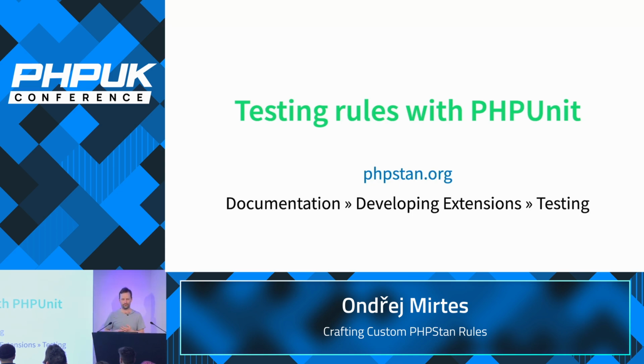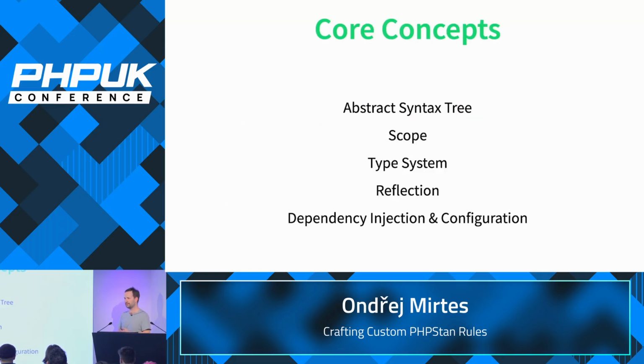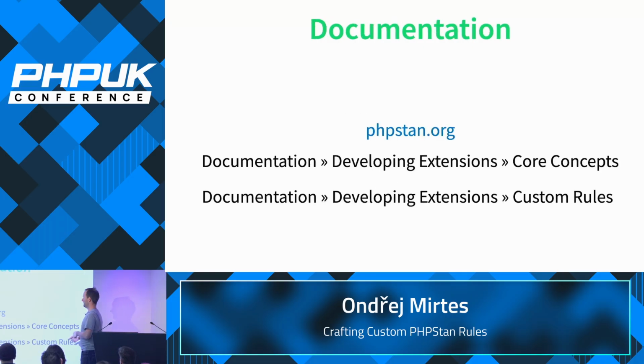We don't have time to look into it today, but you can check it out in the documentation. And all of the core concepts that I touched upon today, which are abstract syntax tree, scope, type system, reflection, and dependency injection and configuration, because I was registering the rules in the phpstan.neon, so that's configuration. You can read all about them in the documentation under